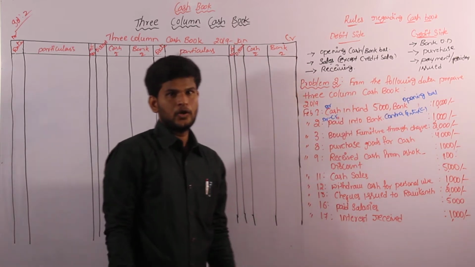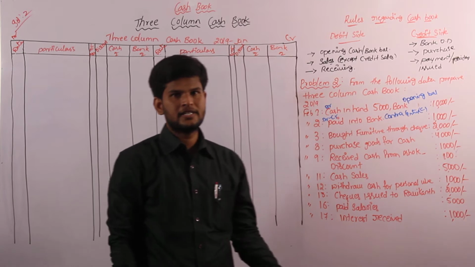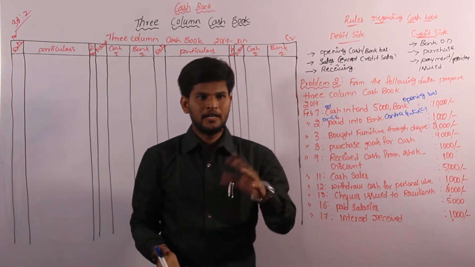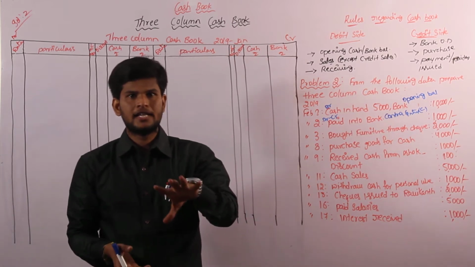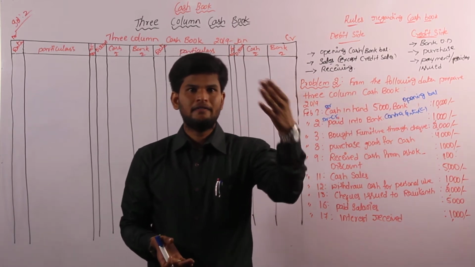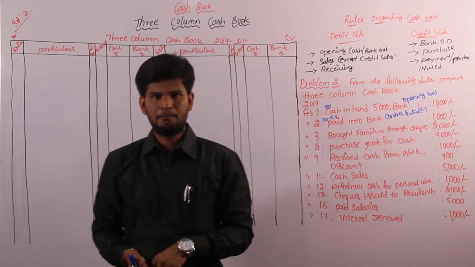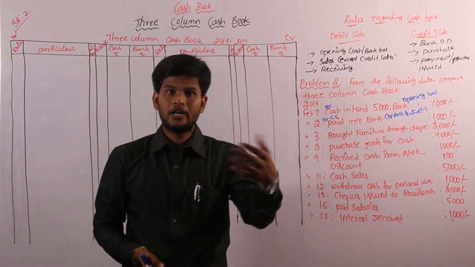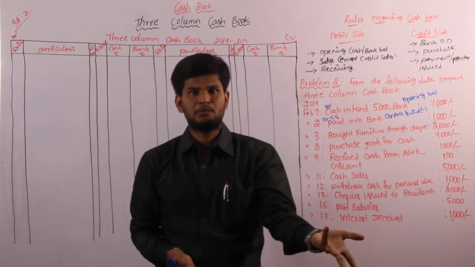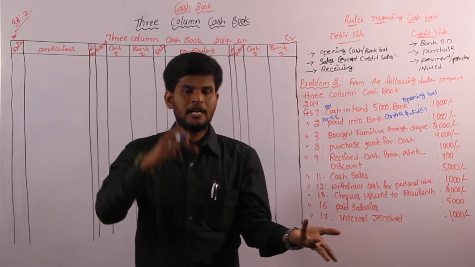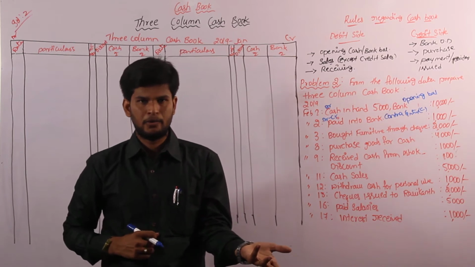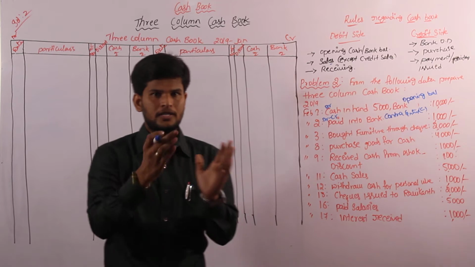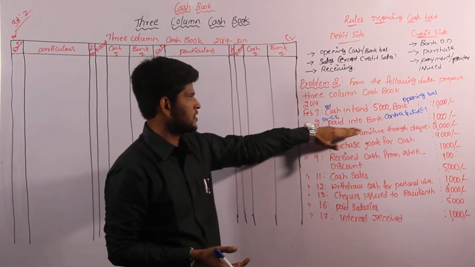We have to write this in the debit side as well as the credit side. Why are you going to enter this contra entry in the debit side and credit side? Because we have to assume one idea: when we deposit cash into the bank, the banker will post the entry in our passbook. We have the passbook for our bank account, and the banker also maintains our account in their cash book. So when we deposit, it will be the credit side of our passbook, and the same values will be on the debit side of our cash book. That's the reason we enter the transaction on both sides.